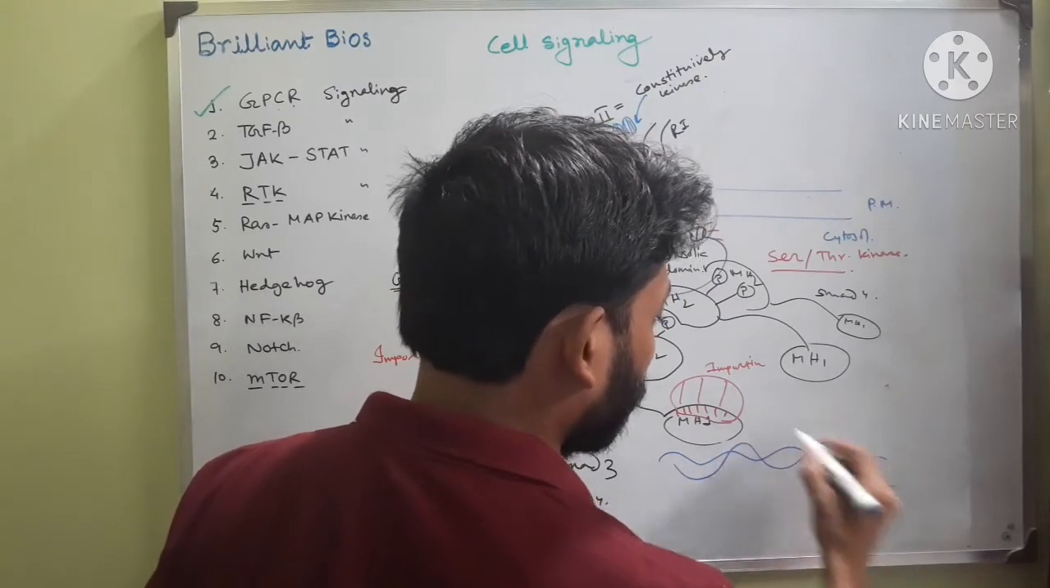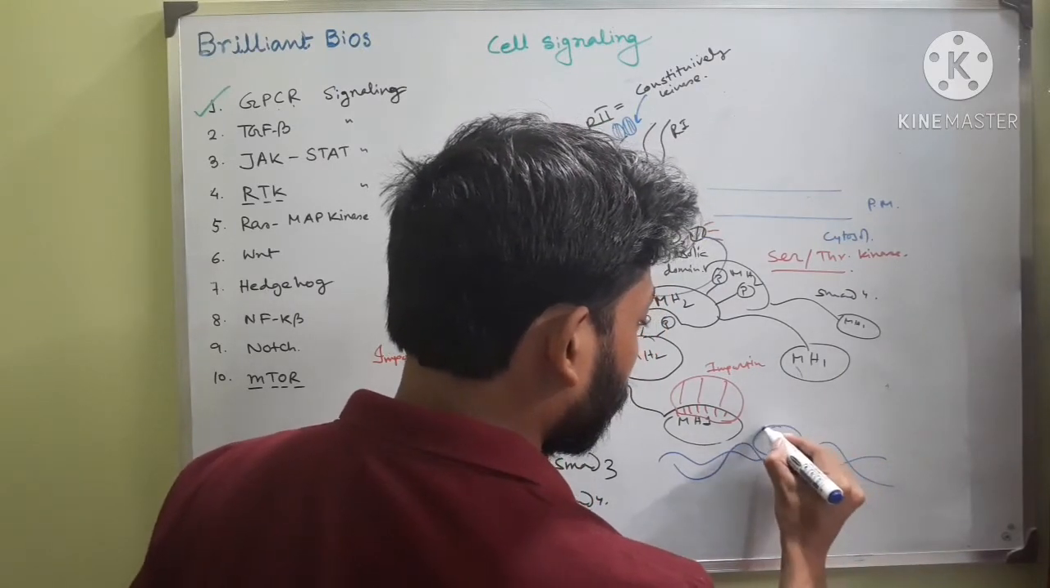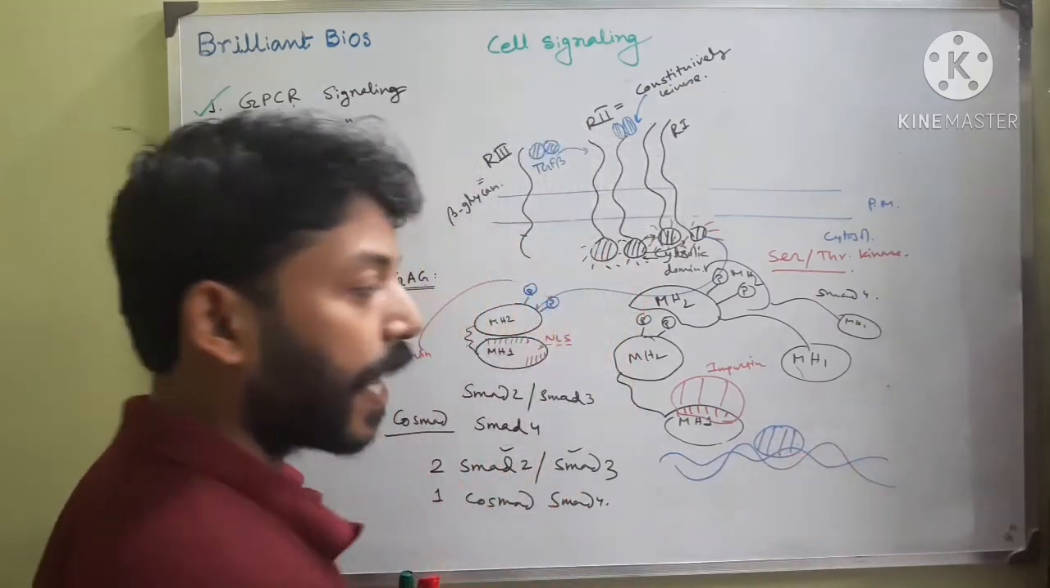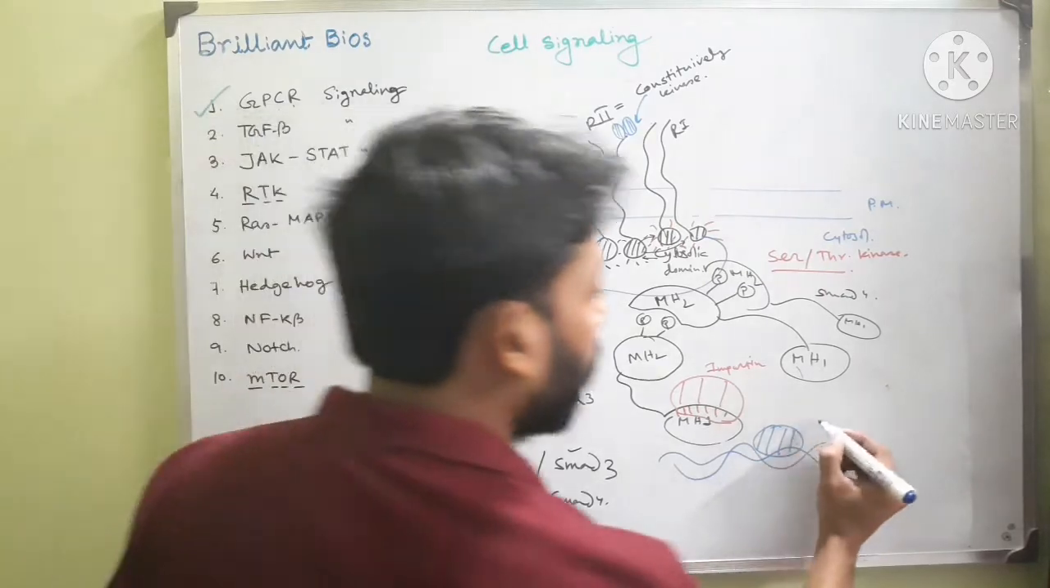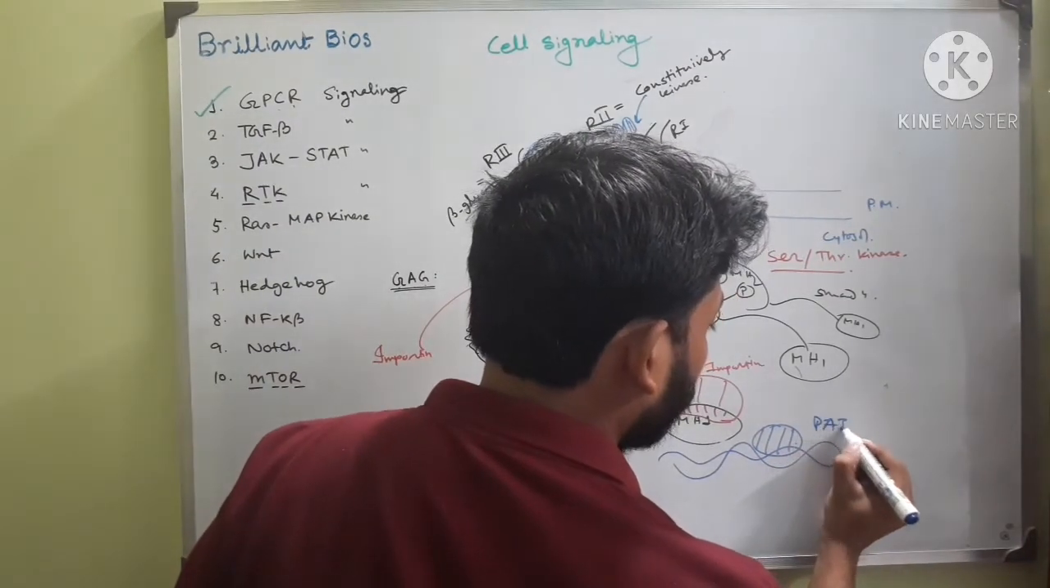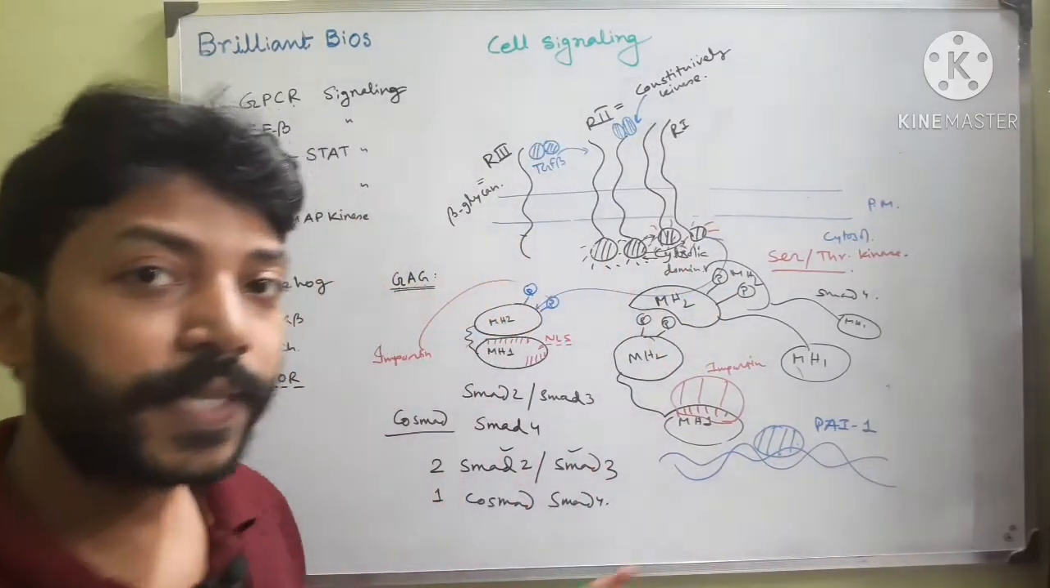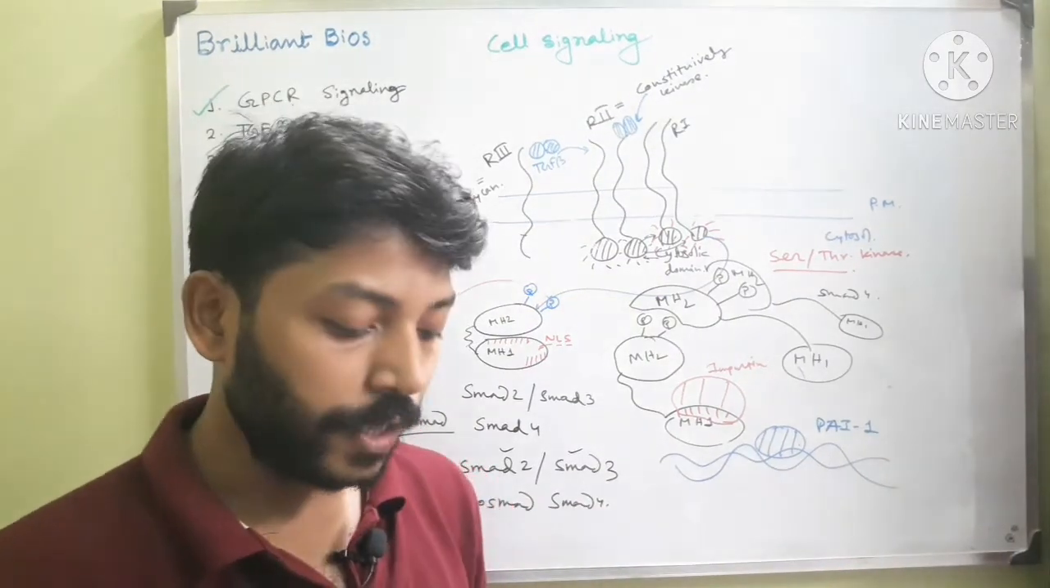They bind with this gene as a complex. Let's suppose this is the complex, and it activates the gene. Example I have mentioned, PAI, plasminogen activator inhibitor 1. This is actually a serine protease inhibitor. When this protein actually gets